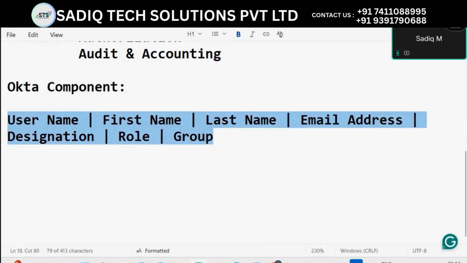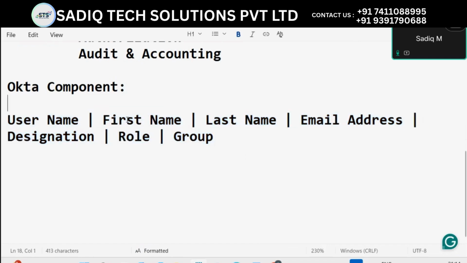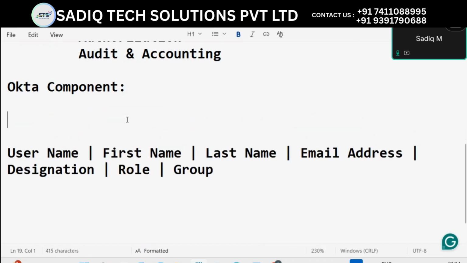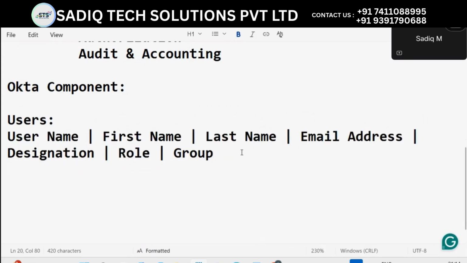Each organization maintains different attributes. It's not like every organization maintains the same attributes. Each organization maintains them as per their requirement, whatever is needed for that organization to maintain user profiles. So the first component of Okta is users. How many types of users do we have within Okta? Let's talk about that. In general, in an enterprise, we have